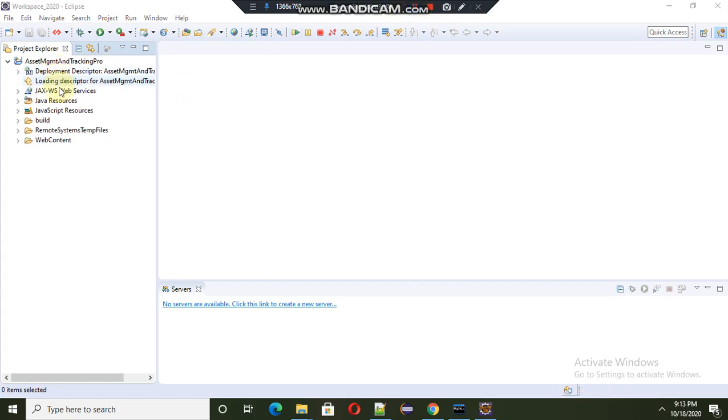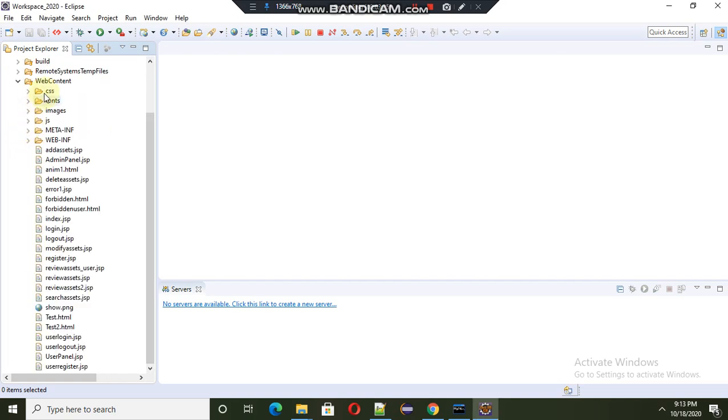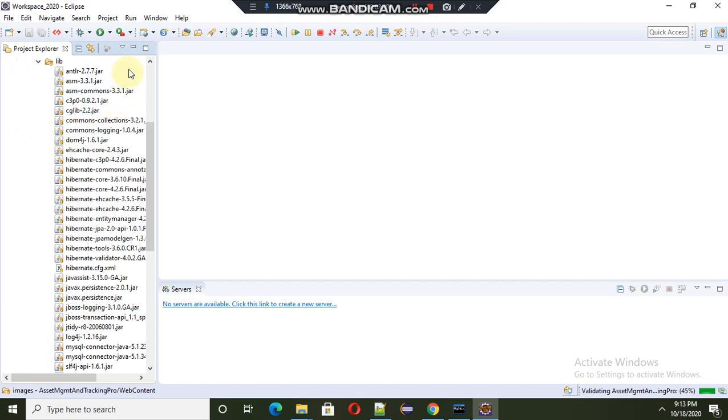So when you see the project directory, you can see this is the dynamic web project, and all the CSS, images, and your JSP and HTML files are available in web content, and these are the libraries.